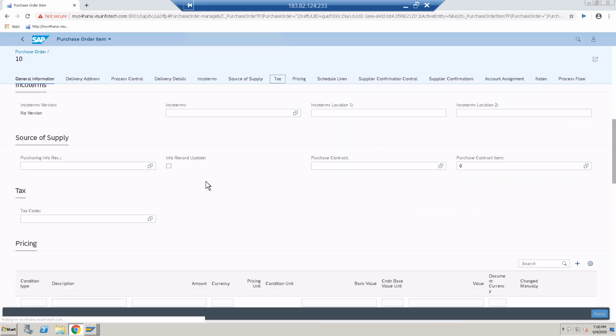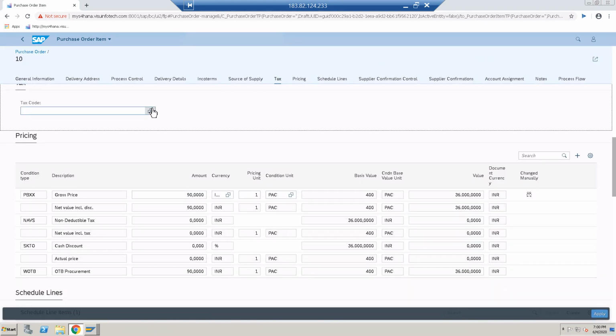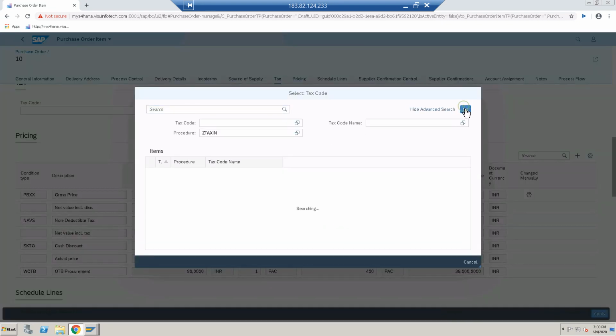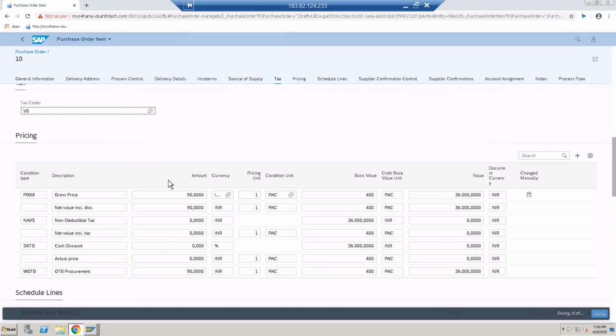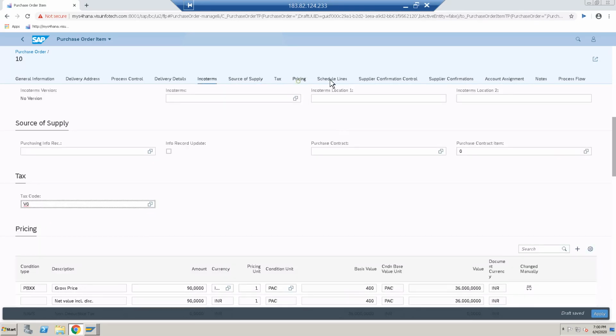Go to tax and enter the tax code for this. That is an intrastate vendor, so GST is there, and this is the gross price. I have entered 90 rupees, and the price and everything is okay.